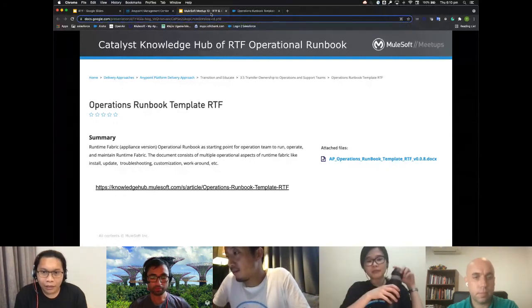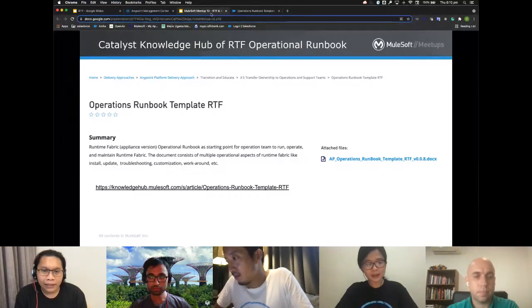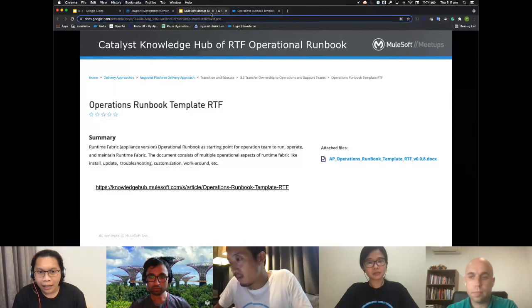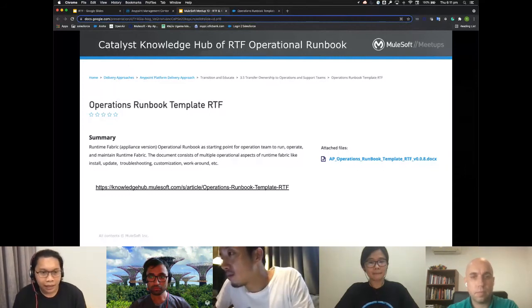The second consideration is the log appender. In RTF, we only have one single log appender, the console appender. As I just demoed, you check your application log usually either via the kubectl command or via Ops Center. So that is two ways. Or if you have a log management system like Elasticsearch, Splunk, or Graylog and other tools, you can ship the logs to it using the out-of-the-box feature on RTF.